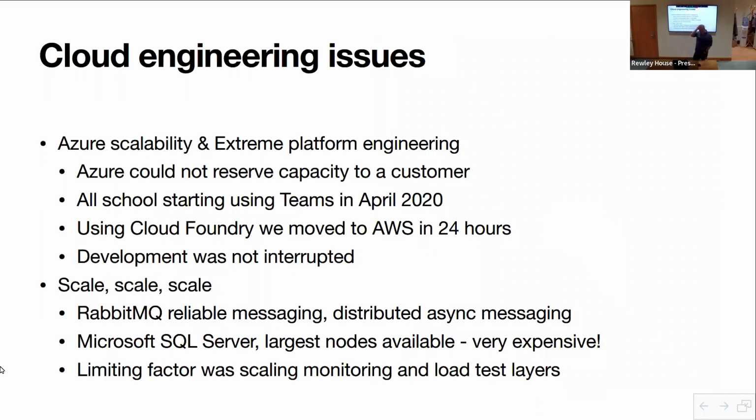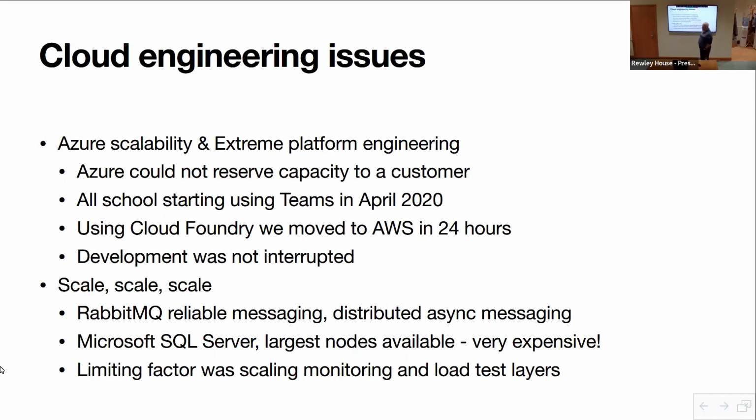Cloud engineering issues. One thing I will say, anybody who works at Microsoft or knows anything from Microsoft, there were 2 companies that turned up on Wednesday, March 10th and said, whatever you want, you can have it. We'll worry about the cost later. Those 2 companies were Pivotal VMware and Microsoft. So this isn't a dig at Microsoft, right? They turned up and they said, whatever we'll do will help.